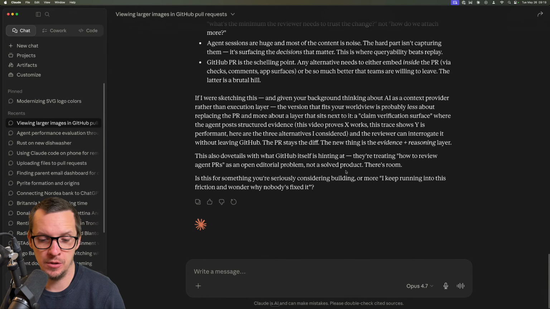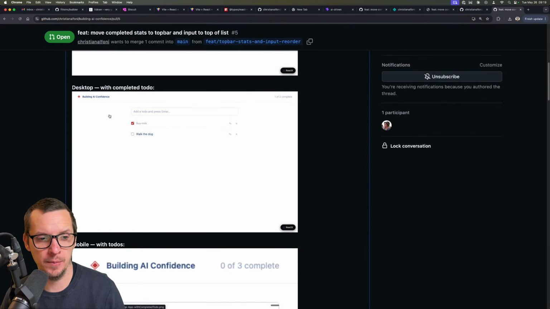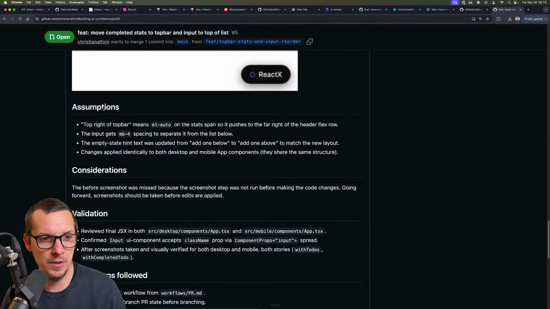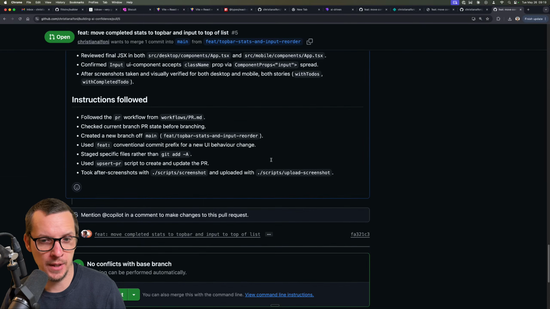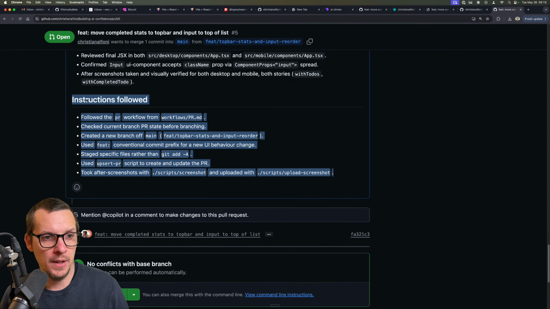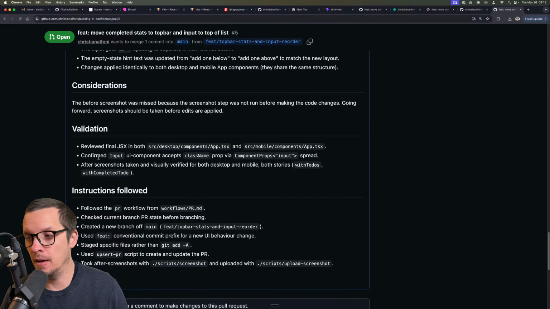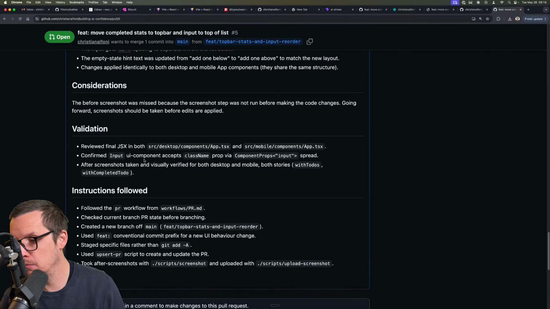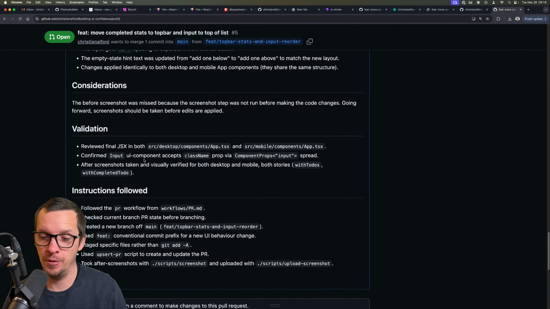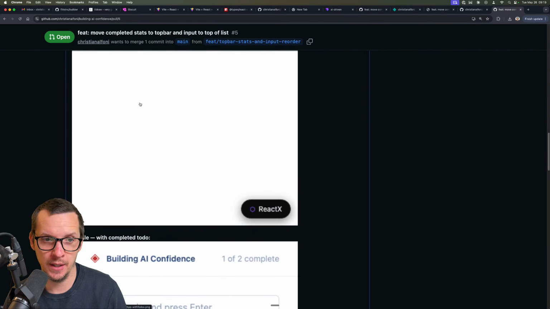But I'm thinking maybe for what I'm doing now, let's just forget about the limitation of the repo size. We're just going to commit everything. We're going to commit the screenshots. We're just going to make it part of the repository, basically, because then we can link to anything we want.